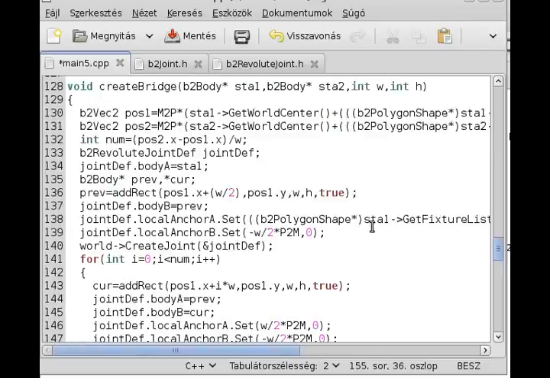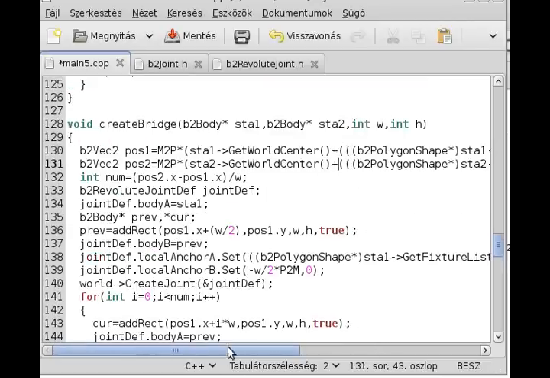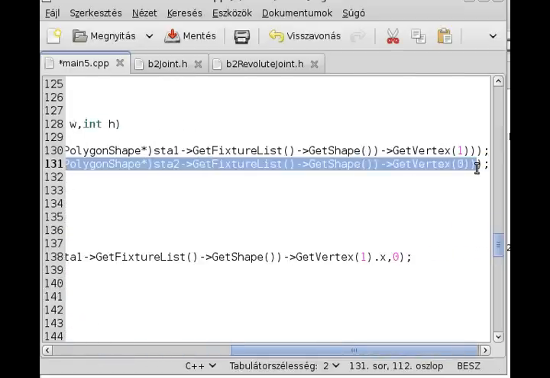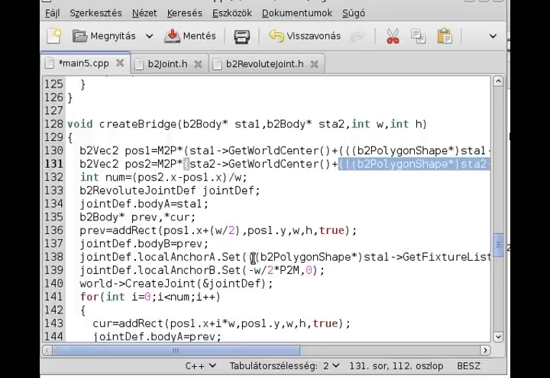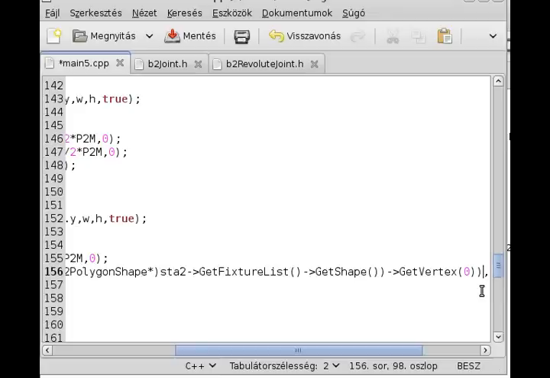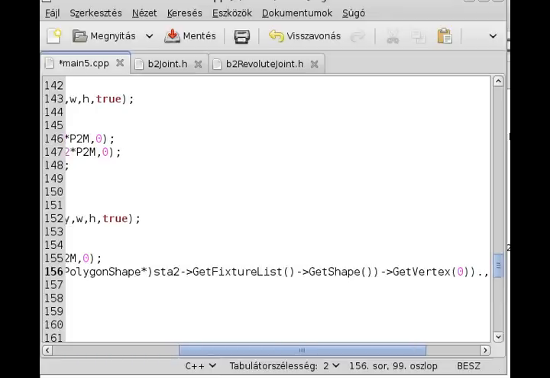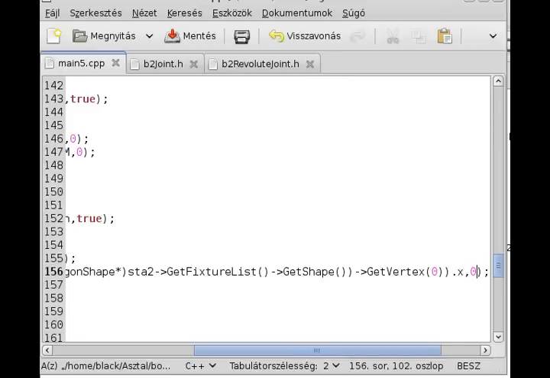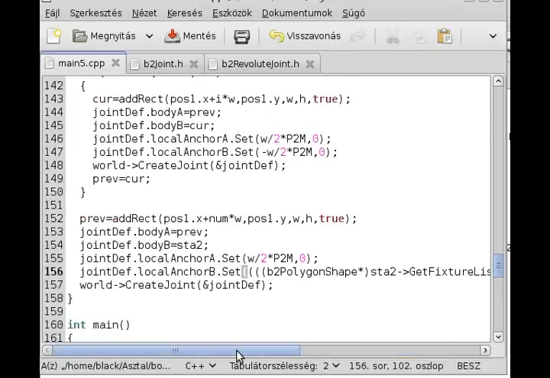To get the left side of the last static body, we have already done that right here, as you can see, just in global space, or in world space more precisely, and we need it in local space. So let me just copy this second part right here, and I just get the x component from it, and the second parameter is just 0. Alright, and that was pretty much it. I think if we run this program at the moment,